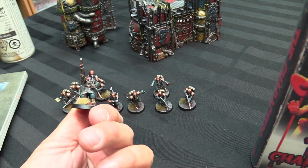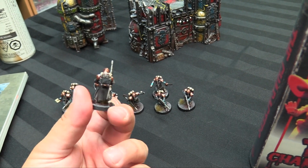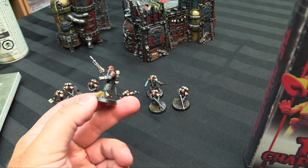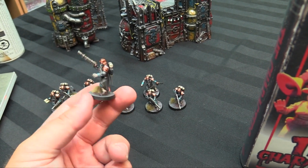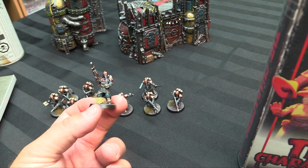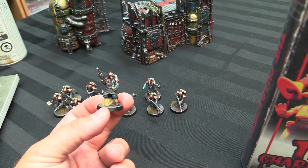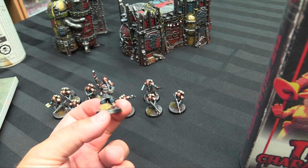And then I washed everything with Agrax Earthshade and then picked up my highlights. Oh, and sorry, Thunderhawk Blue for the legs and stuff like that. So the wraps and stuff for Karak Stone, Dried Bark for the boots and the leather straps, and then everything was just given a wash, and I picked out details. So I picked out little metals there and the aquila with some reds,